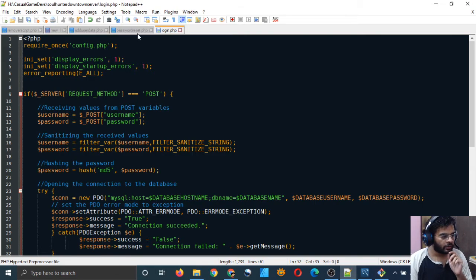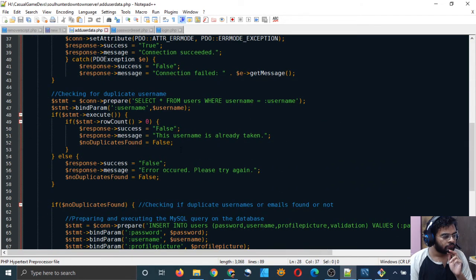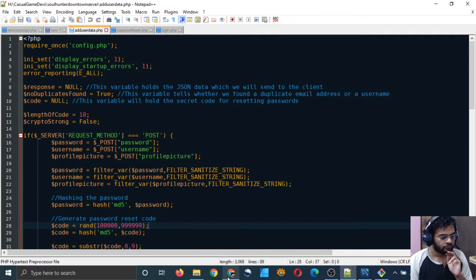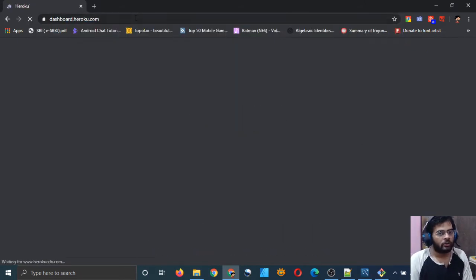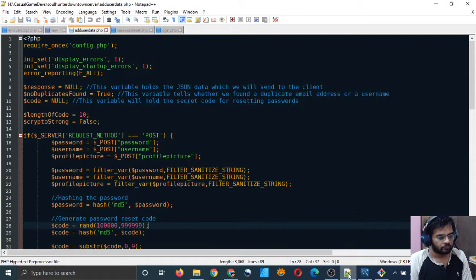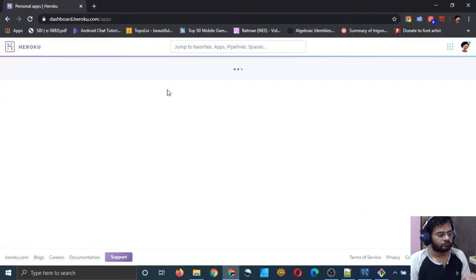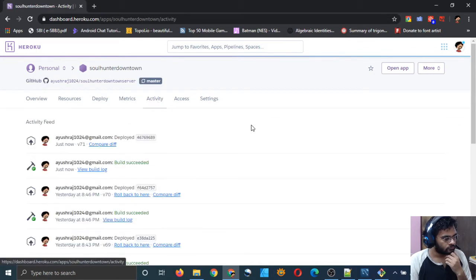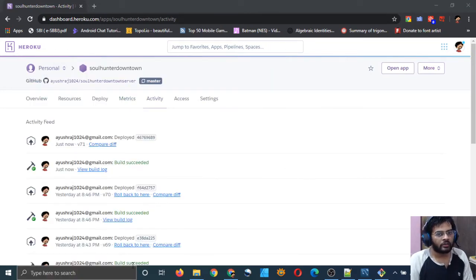So yeah, it sent the data. Let me go to Heroku and verify if it has deployed it or not. Yeah, it has. I will open Postman to send some requests to my server.